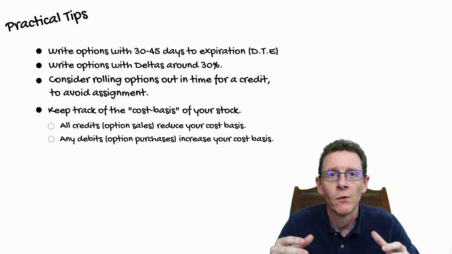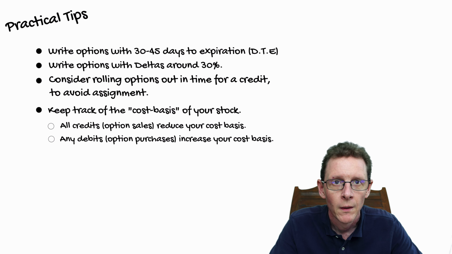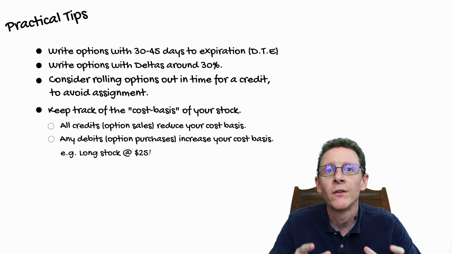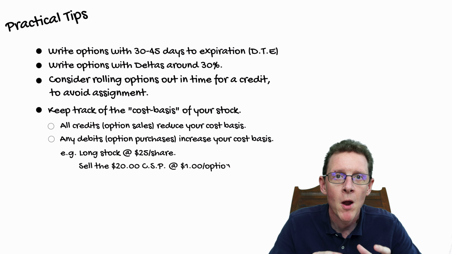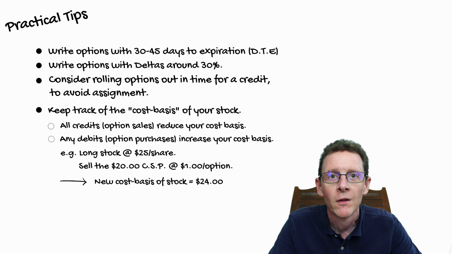Debits are generated when you are assigned stock or you repurchase any short options to close your positions out early prior to expiration. To help you with this process, I've written a very simple spreadsheet you can download, and in a moment I'll walk you through exactly how to input credits and debits into this ledger